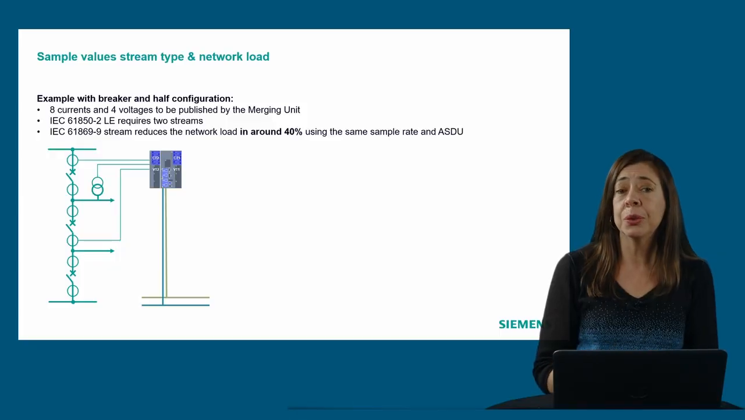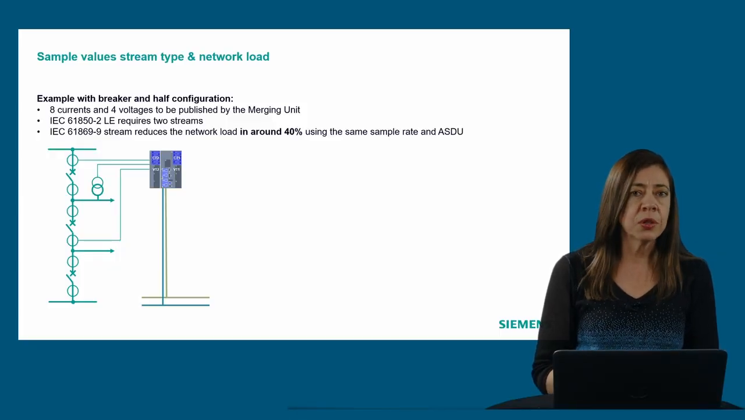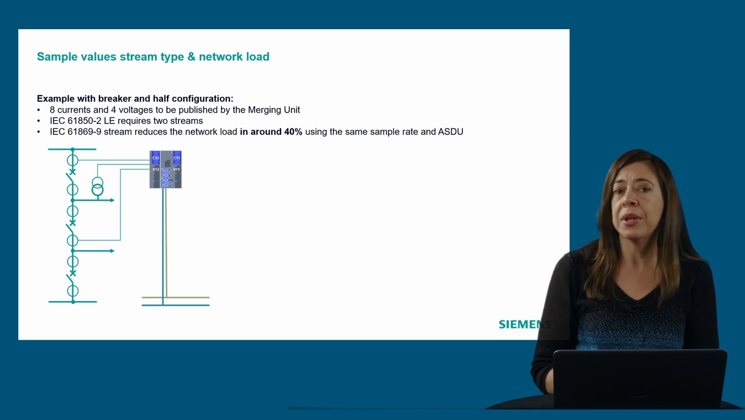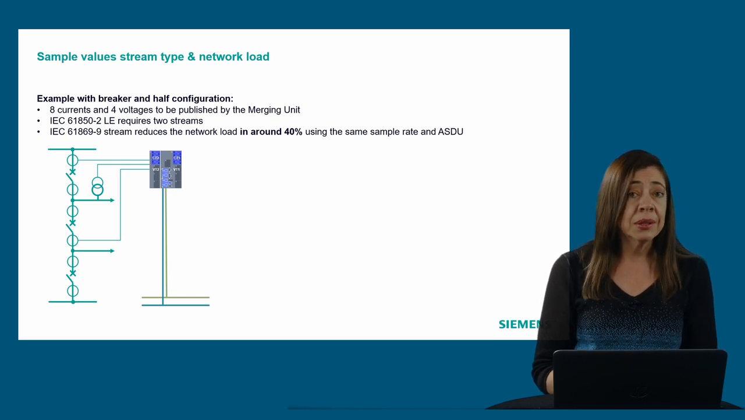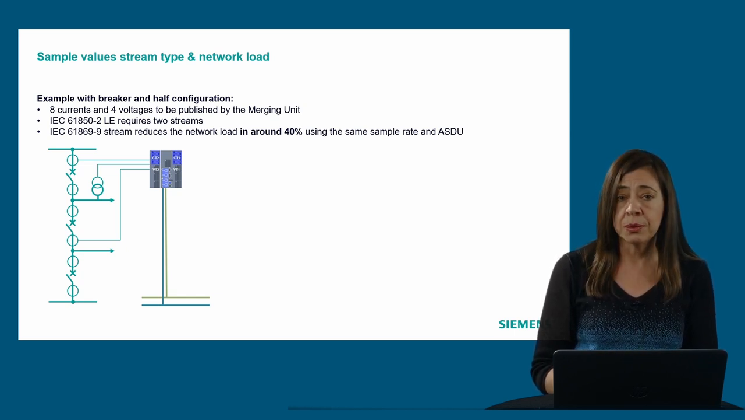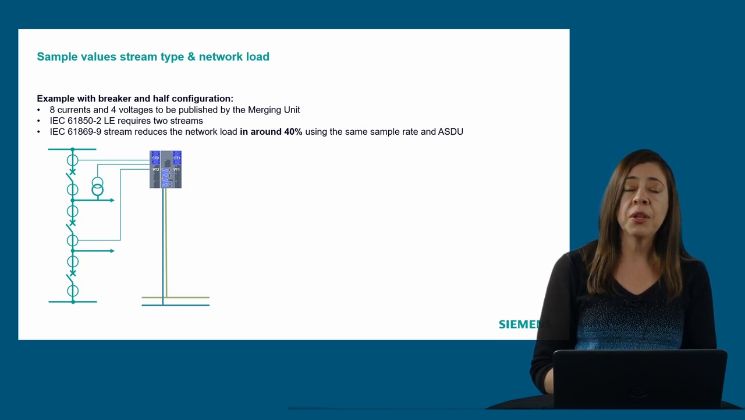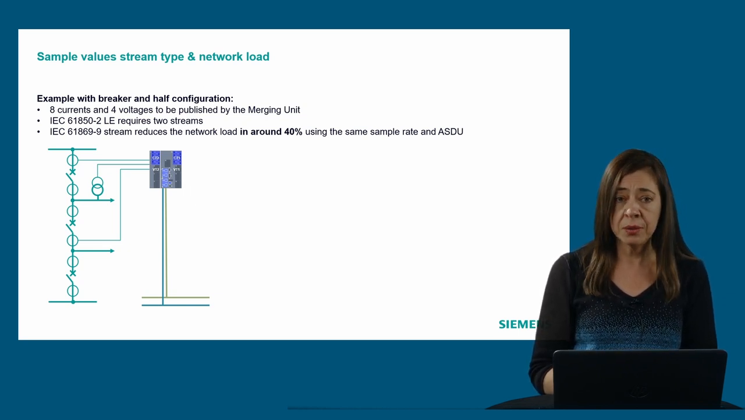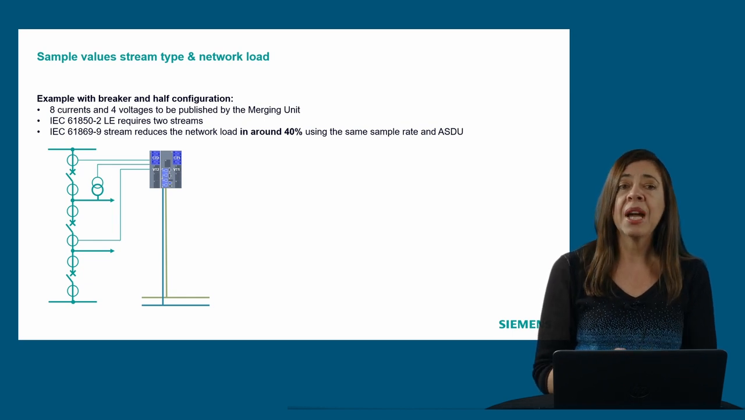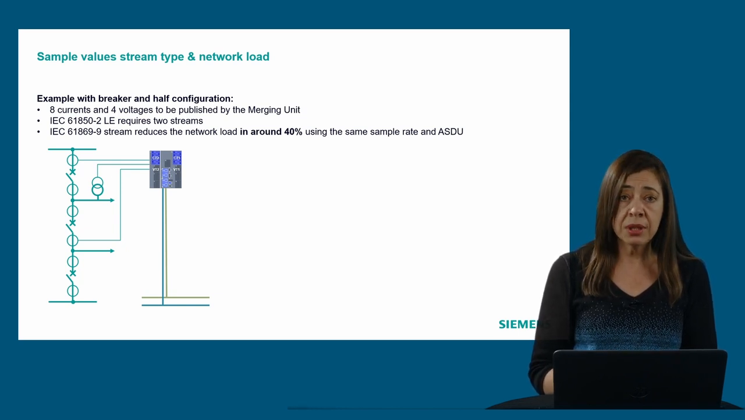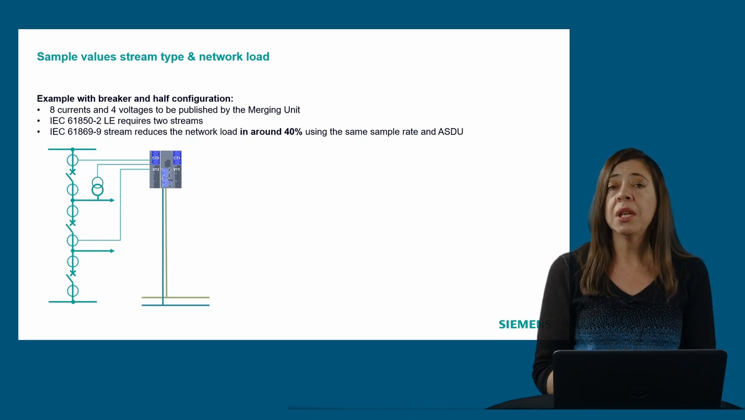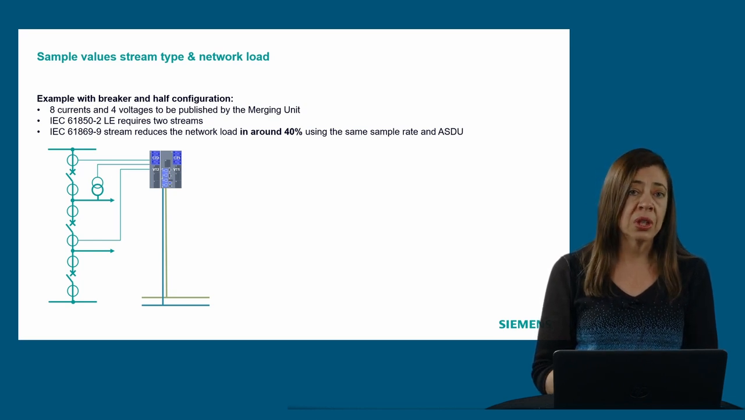So let's start talking about the influence of the type of the stream in our network. And we can do it with an example. So here we have one substation in a circuit breaker and a half configuration, and we take the upper diameter where we need to transmit 8 different currents and 4 voltages. For that, we have installed one measuring unit, and let's see what we need if we want to use light